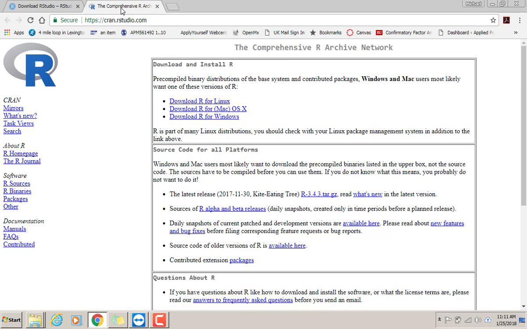R comes with its base model, with just the nuts and bolts, correlations, t-tests, those kinds of things. But a lot of people have written a lot of really cool packages to do more with it, and those you have to download from the CRAN. It's a series of mirror servers all across the world. So just go to the CRAN and hit download for Windows